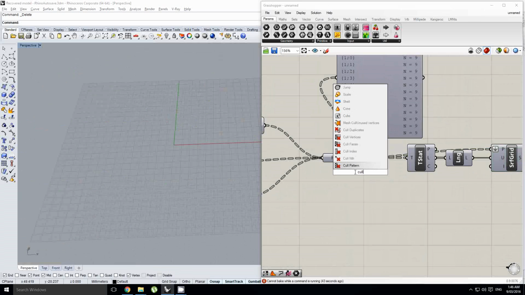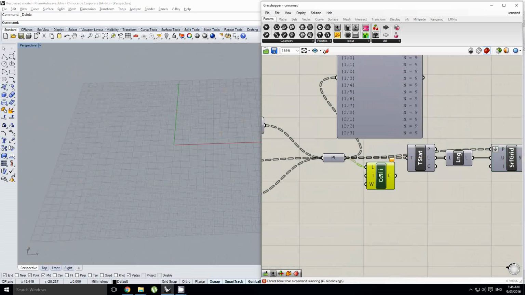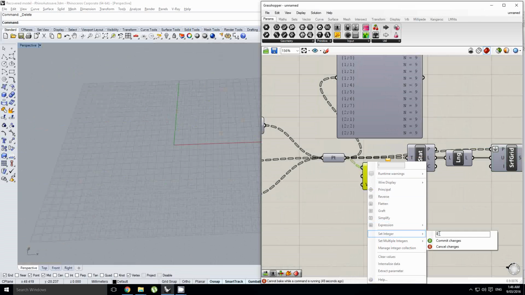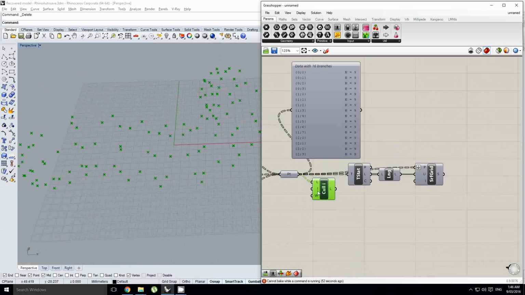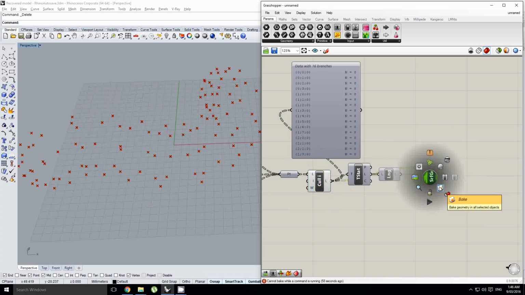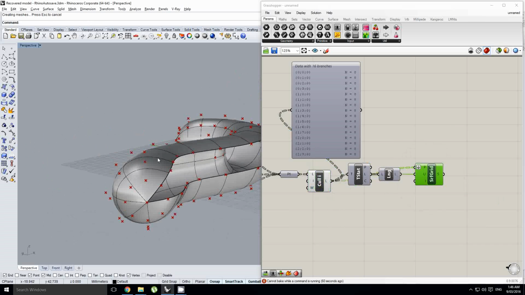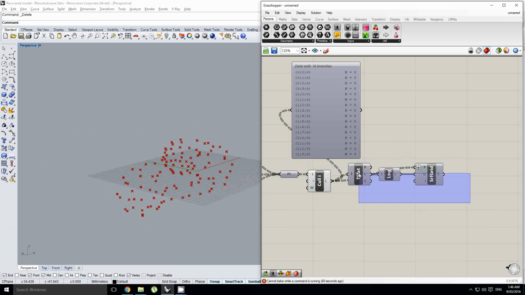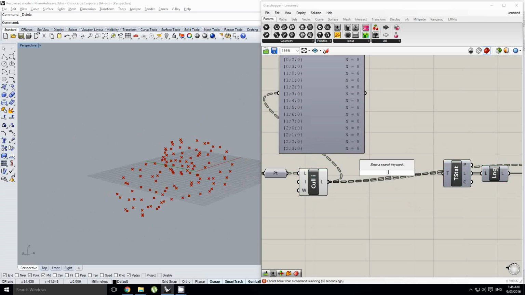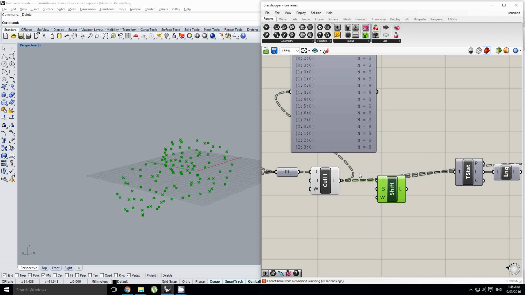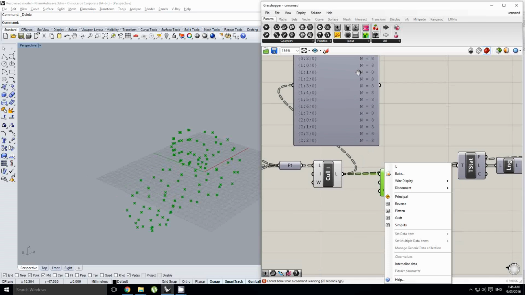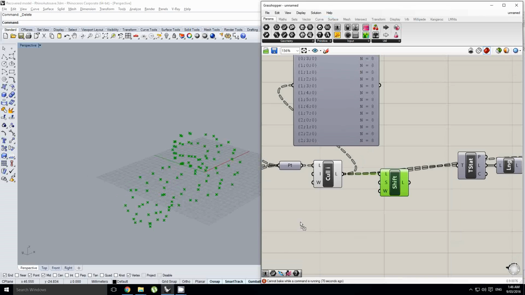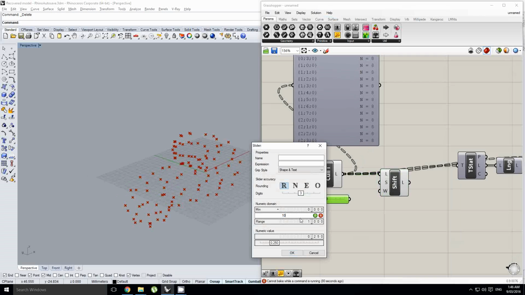So what I'm going to do is put a cull index over here, and set my index, I can do it to either 0 or -1, and then when I replug all this in, we're going to have an open surface. You can see that edge is open, which is not ideal. So I'm also going to take this opportunity to shift the list around, because I'm not happy with where my seam is at the moment. I want my seam to be at the bottom of this pipe. So I'm going to shift it with this slider,